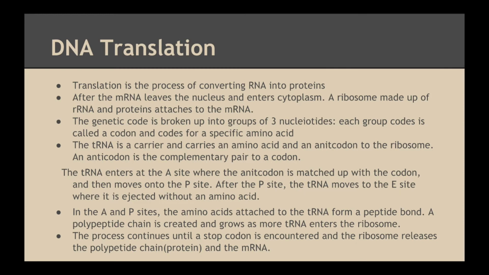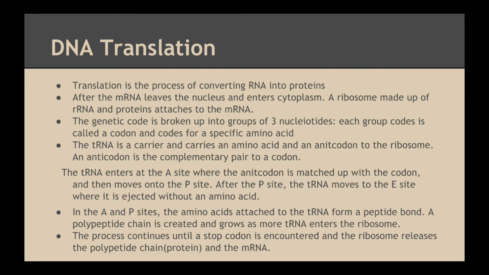A new tRNA then enters at the A site, while the tRNA previously in the A site moves on to the P site. Another peptide bond is formed between the amino acids, and the polypeptide chain gets longer. The tRNA at the P site then moves on to E site and is ejected. tRNA at the A site moves on to the P site, and a new tRNA enters at the A site. This process continues until a stop codon is encountered. After the stop codon is encountered, the process terminates, and the mRNA and the polypeptide chain or protein is released